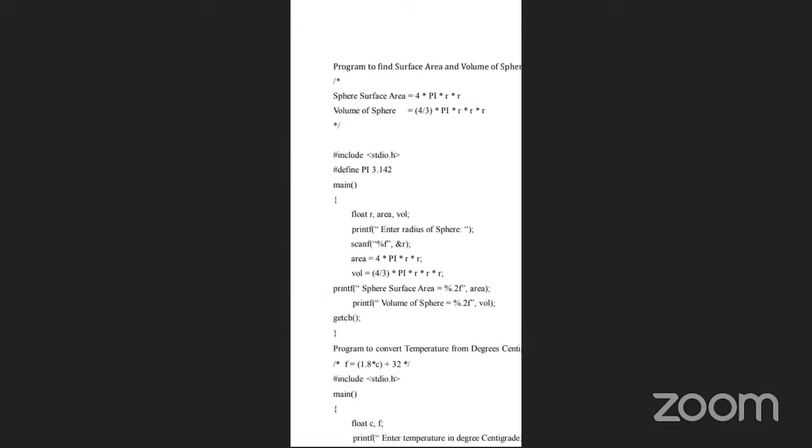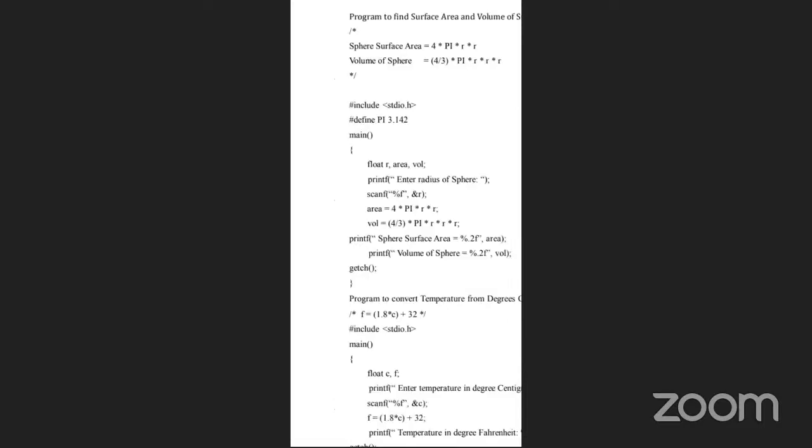Similarly, program to find surface area and volume of a sphere. We know the formulas for surface area and volume of a sphere. Sphere surface area is 4 pi r square. Volume of sphere is 4 by 3 pi r cube. Okay. And here include the header which we started. We need to define